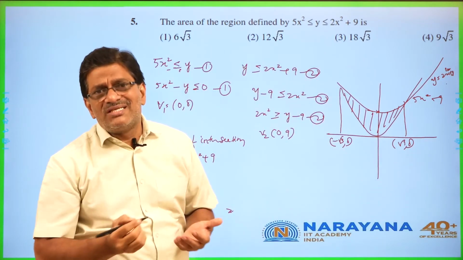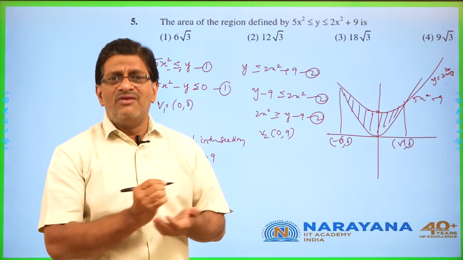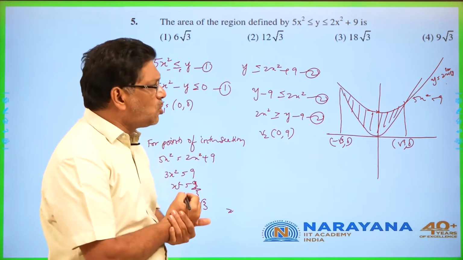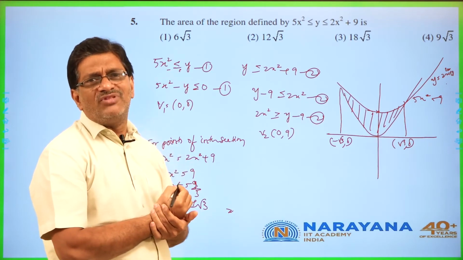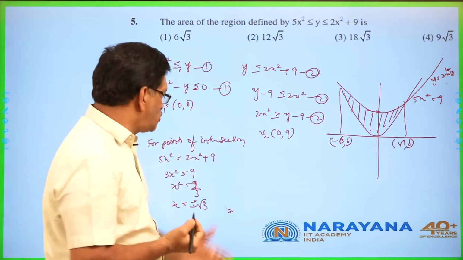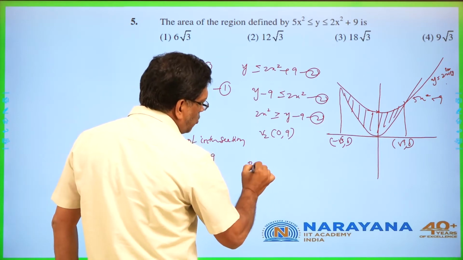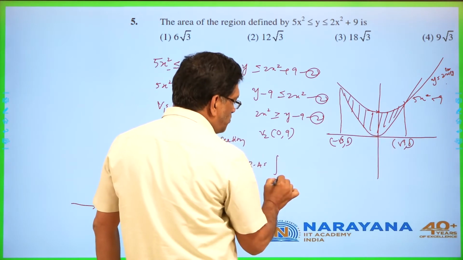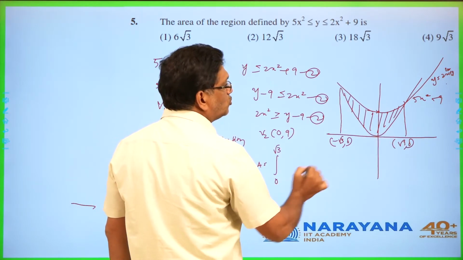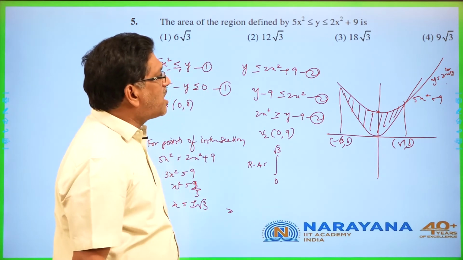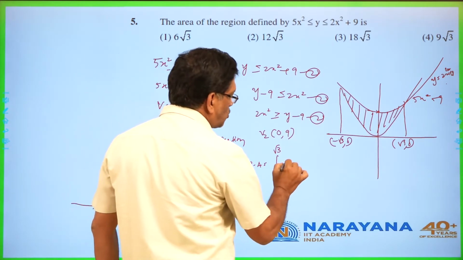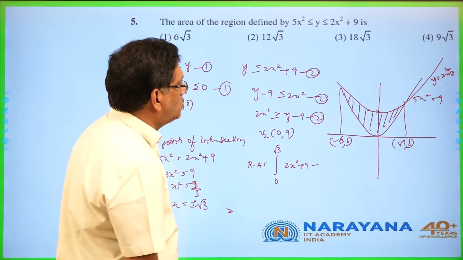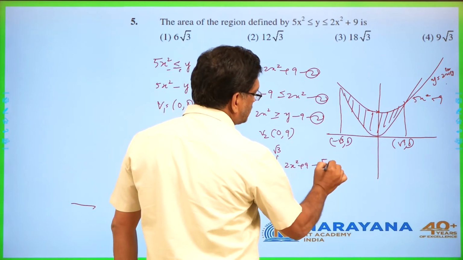Some students waste time finding the y coordinate. In fact, that is not required, because ultimately it is upper curve minus lower curve. Hence we can find the area of the region bounded between these two. Required area: limits are x equal to 0 to root 3. Upper curve is y equal to 2x square plus 9 minus lower curve y equal to 5x square